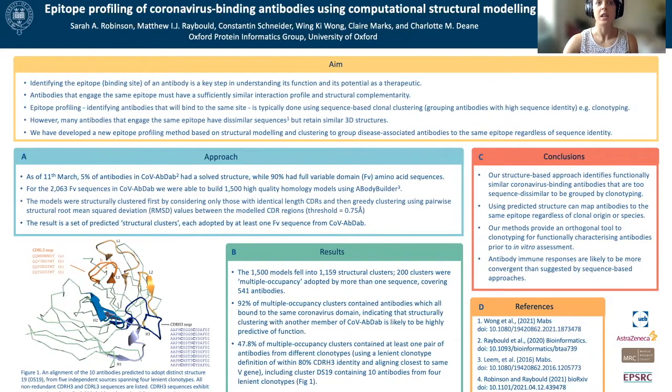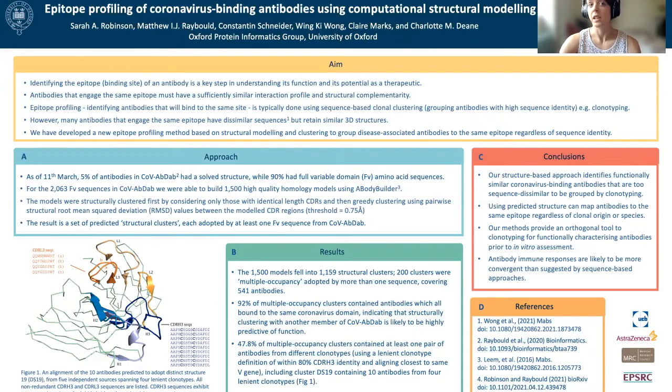Our approach utilized CoV-AbDab, the Coronavirus Antibody Database, which is a database of antibodies that bind to coronaviruses, focused on SARS-CoV-2, but also containing SARS-CoV-1 and MERS binders, that was created by Matthew Raybould in our group. In this database is sequence and structural data on antibodies which have been published or are available in patents, and for which we often have an epitope binding region, for example, the spike, the S2 domain, or the N-terminal domain in the case of SARS-CoV-2, if the data was included in the table. Now, not many entries in CoV-AbDab have solved structures available, only around 5%.